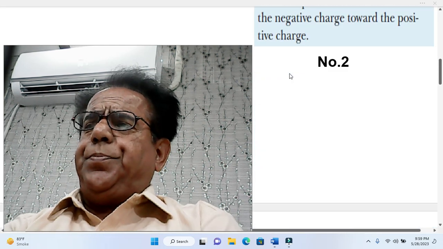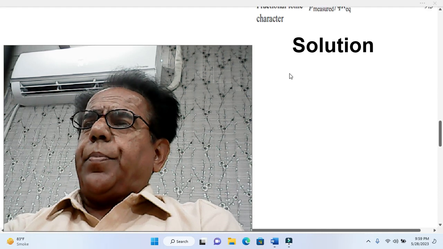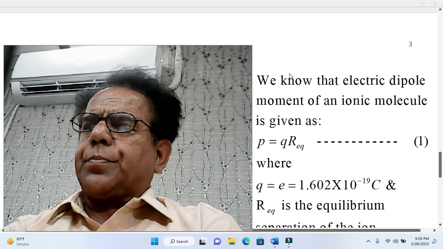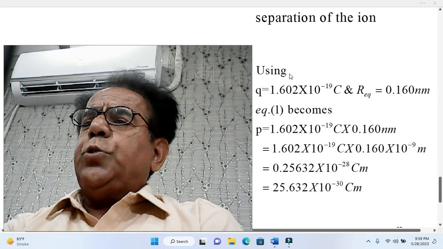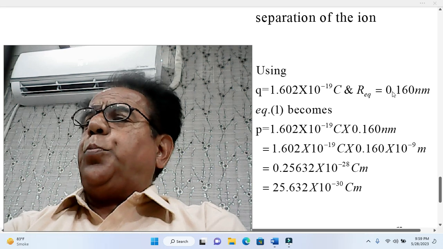So using Q equal to this and R equal to 0.160 nanometer,